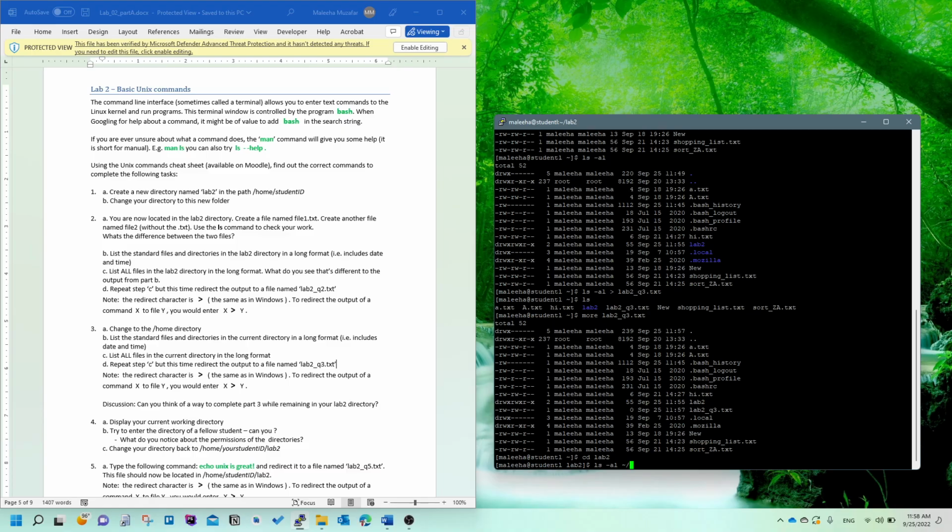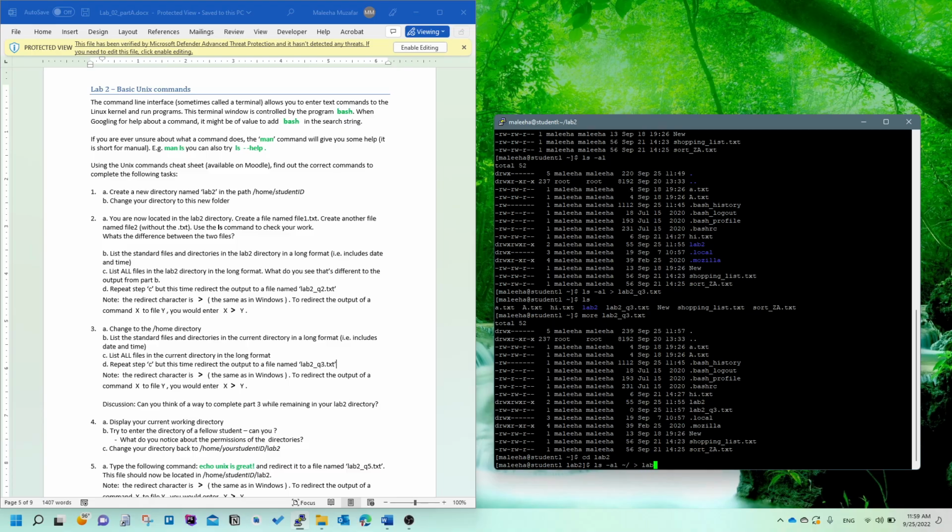Because if you just write ls -al, it will show you everything for lab2 directory. But if you want to show it for another directory, you have to write that particular directory. So the wave symbol represents your home directory, because you need to show all the files in the home directory, right? So you will do that, ls -al home directory,